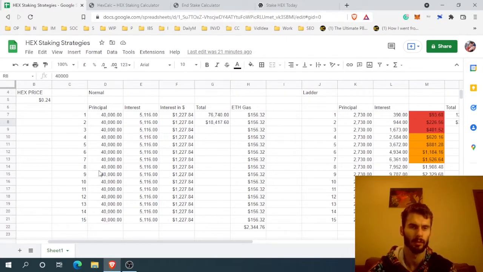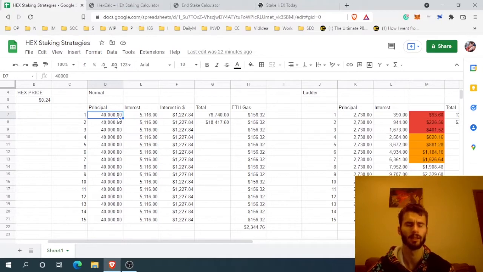And pretty much this is the strategy that I'm planning to use and am using. I'm going to be staking all my Hex for a year, maybe a little less, and I'm planning to just use the interest for my own expenses and just grow my capital as needed. And well, with $10,000,